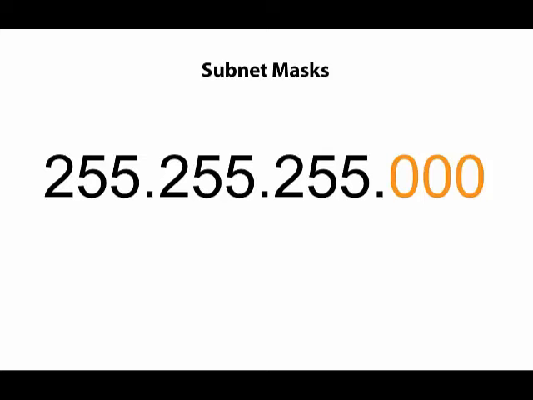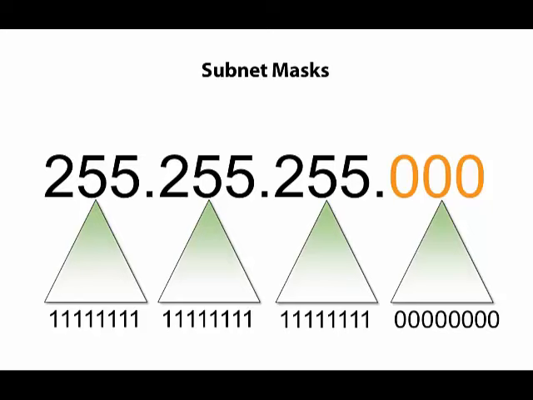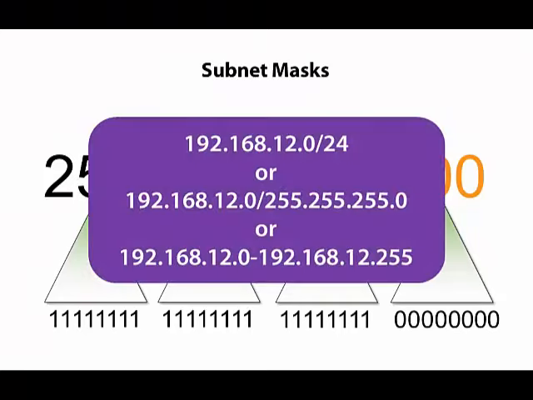Here we have a subnet mask of 255.255.255.0. That breaks into 3 octets of the bits being on and 1 octet of the bits being off. So we have a total of 24 bits that are on. So we can represent this as a hypothetical network, 192.168.12.0/24, because we have 24 bits of the subnet mask on, or 192.168.12.0/255.255.255.0, or the range of possible IP addresses is